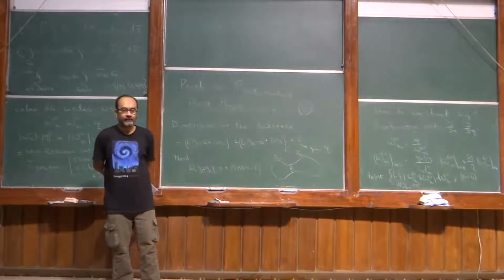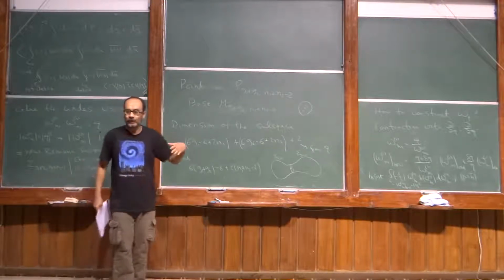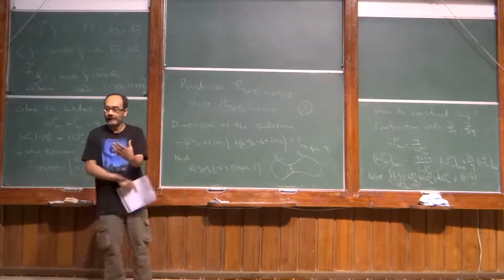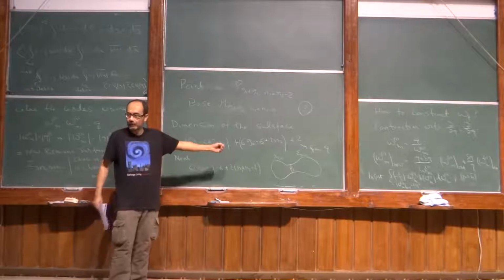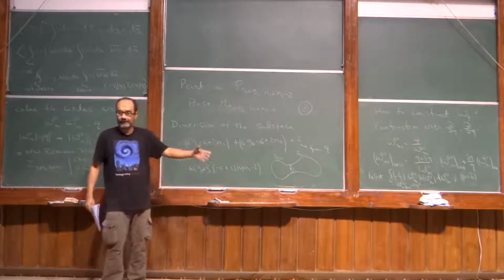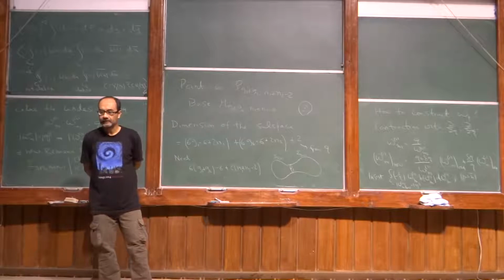What you can show is that if you do the counting, you will get exactly the same. Starting from a section on P g n, this procedure will land you locally on a section of P g plus 1 n minus 2. Again you have to augment it by this q. q should be another parameter that labels the section, besides the ones that we inherited from sigma g n. Is this clear?